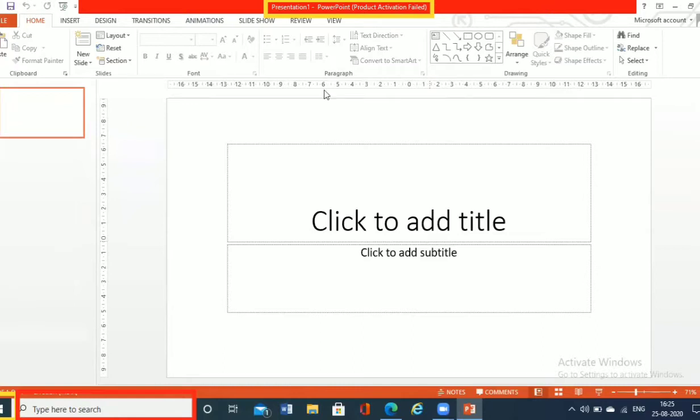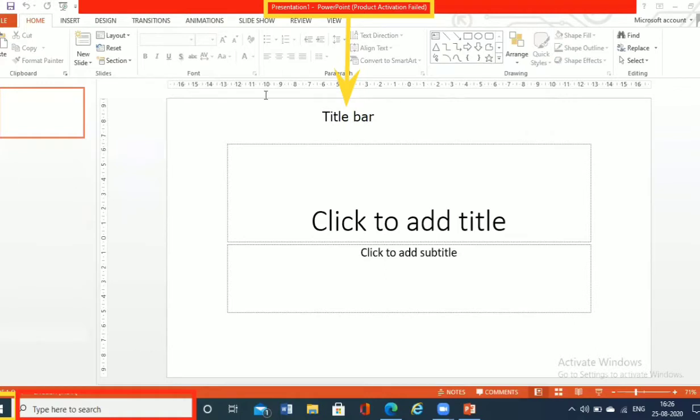So first, we'll be taking the title bar, the yellow one which is mentioned here. This is the title bar, which basically tells you the title, the name of the file which you have created. Whichever name you provide to your file, you will see the name of that particular file here. So this is the title bar, which tells you the name of the file which you have created.